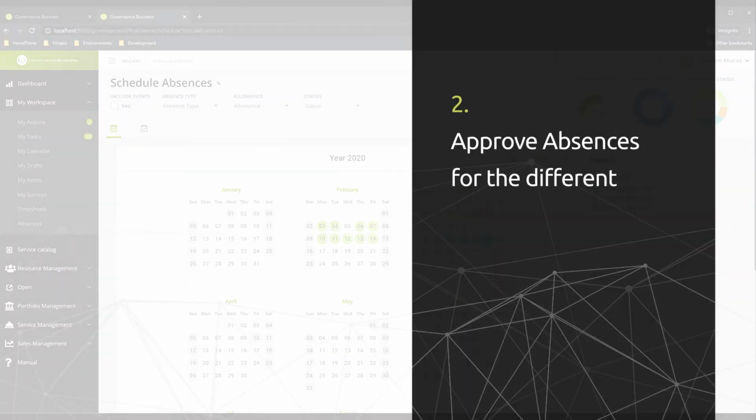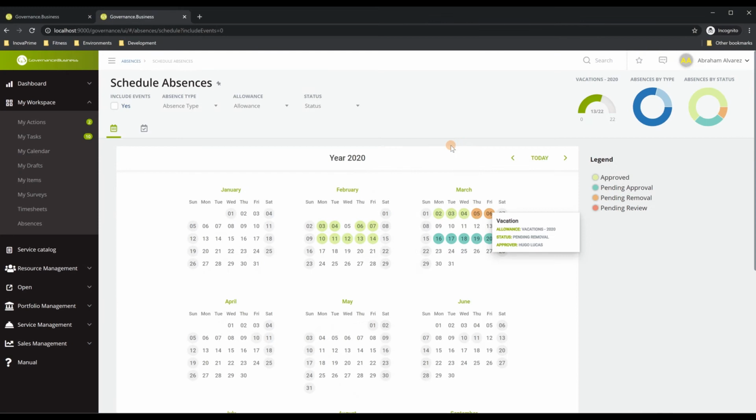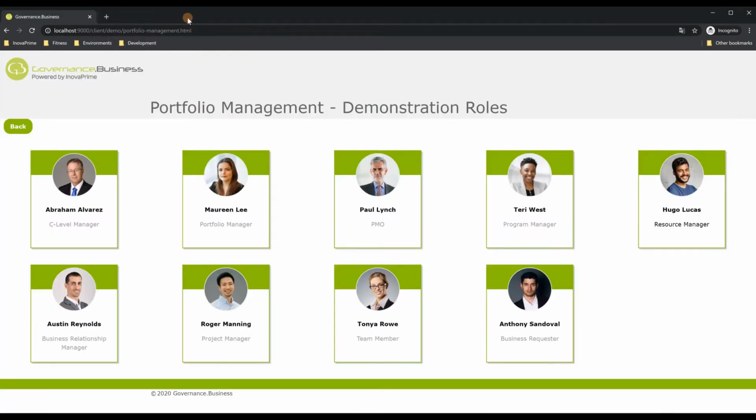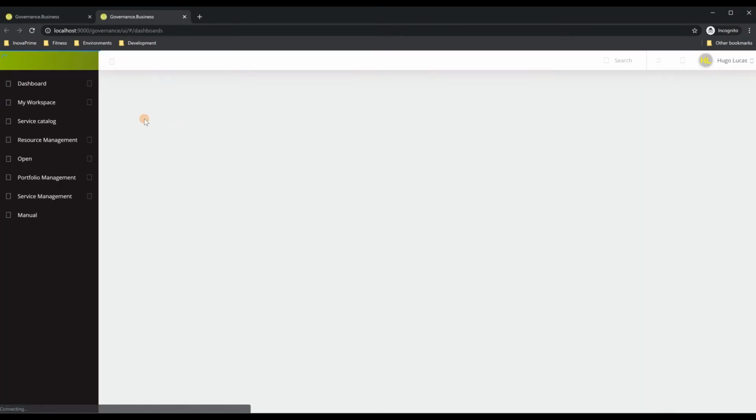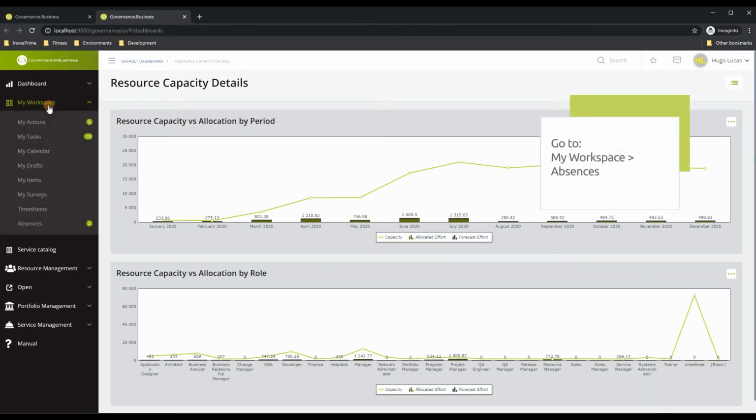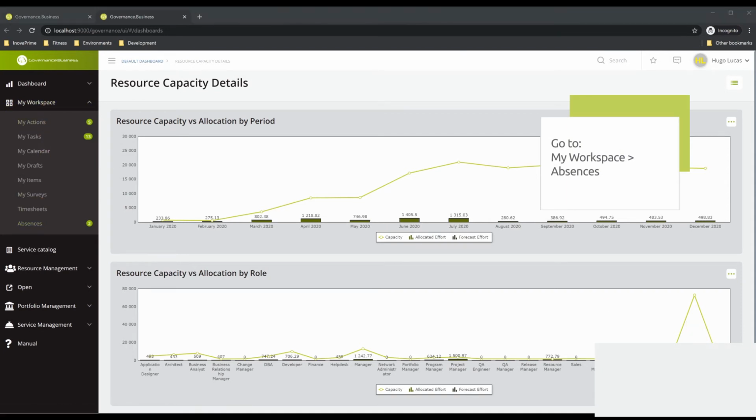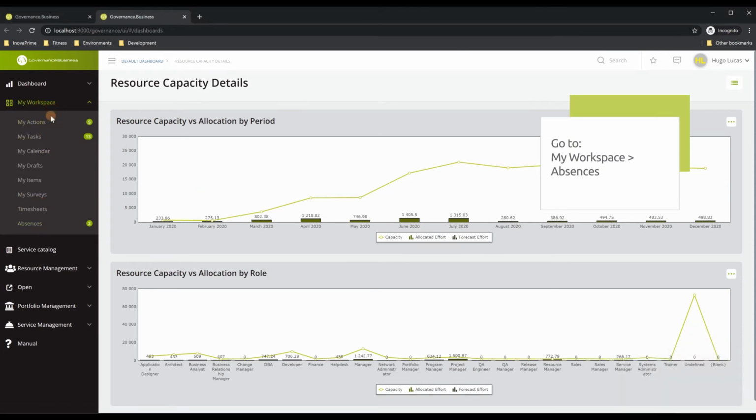Now let's see how we can book days or approve days as an absence approver. To do that, we will enter with a different profile. In this case, the resource manager, which allows us to approve absences. So if you see here, when you enter in the absences, you then go to absences and you